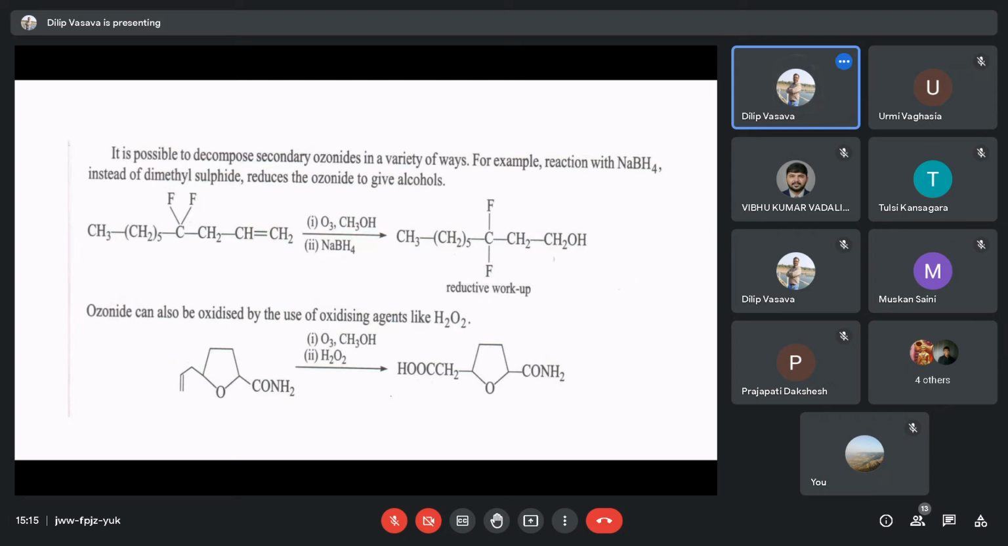Now it is also a good example that the most electronegative, electron withdrawing groups are mentioned. Okay, sorry, electron